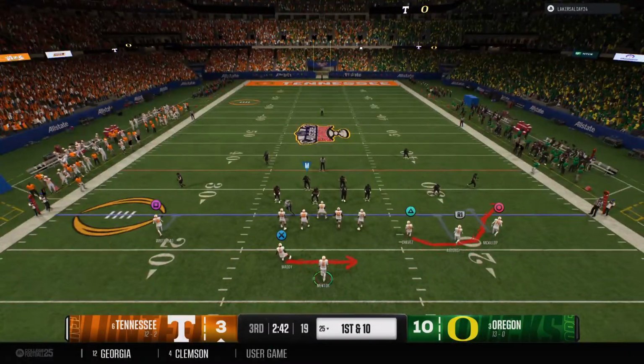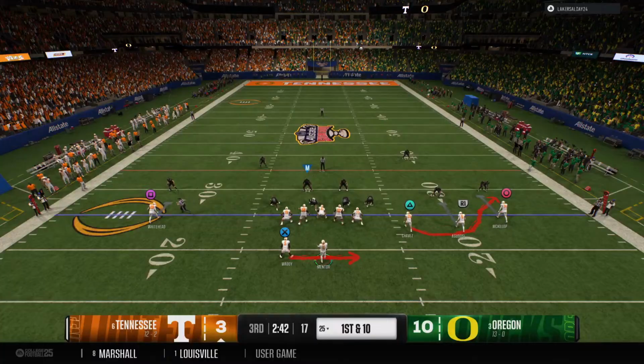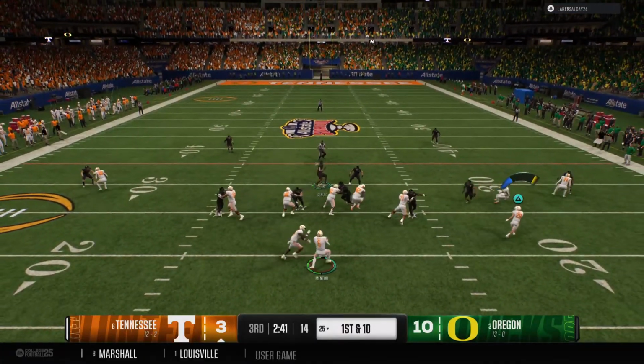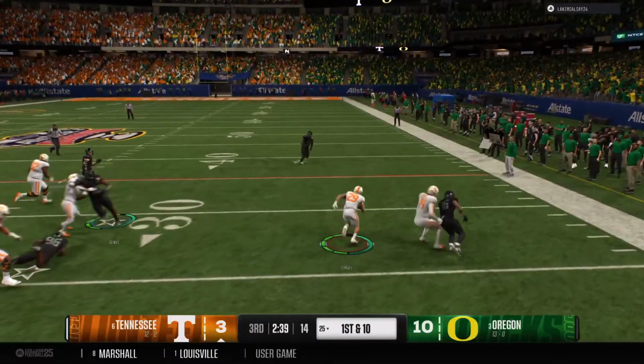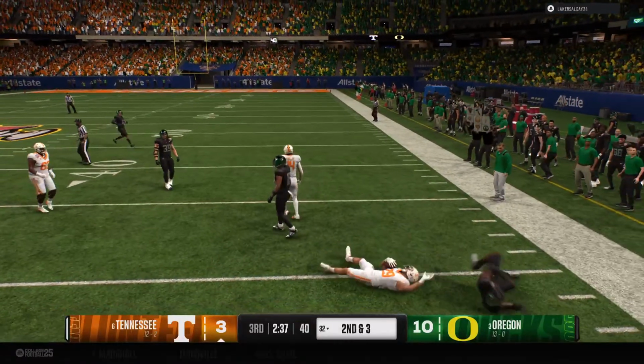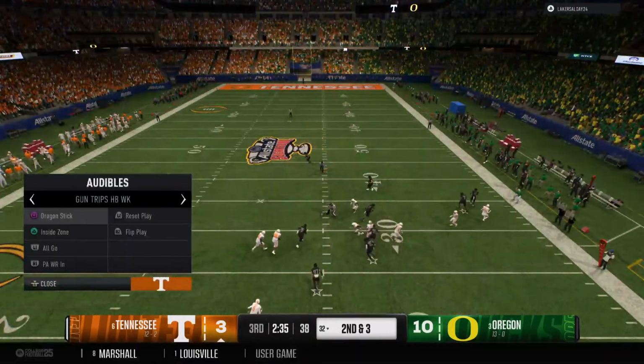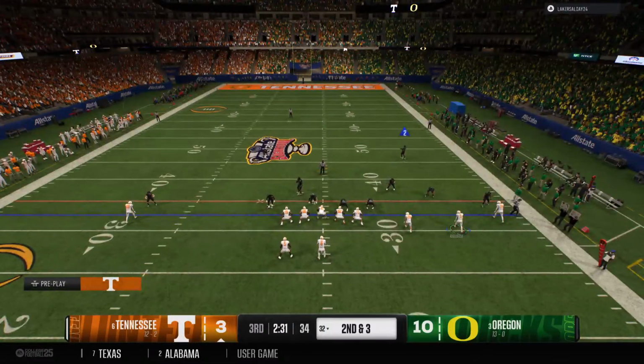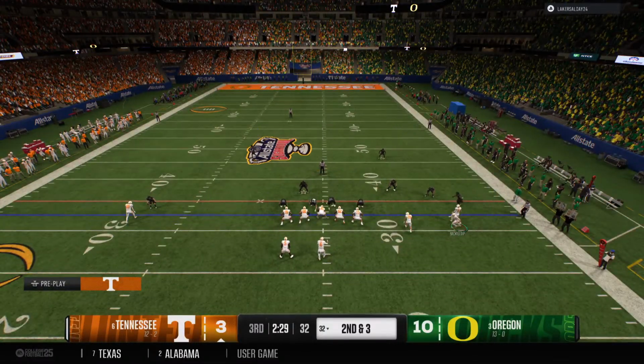And Tennessee's offense back out on the field now. This offense trying to bounce back after the last possession ended in a pick. They start the drive with a quick throw to the right. One thing I love about this back is how he gets involved in the passing game. Nice catch here. Pre-snap motion from the offense.